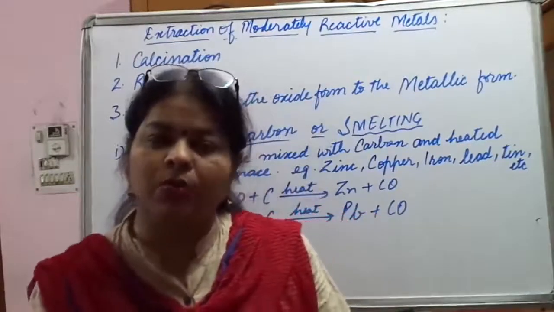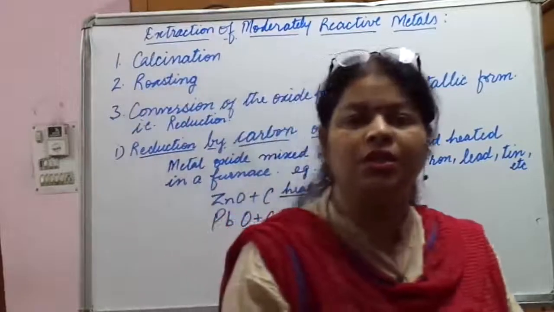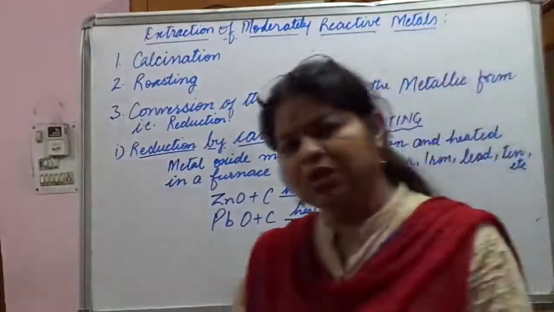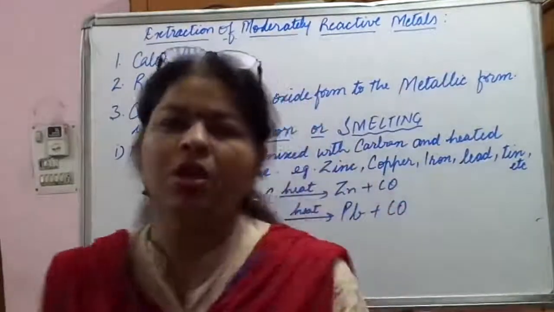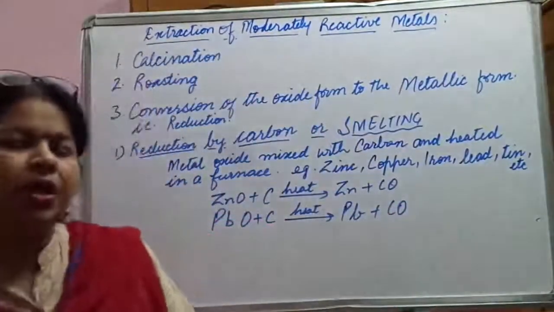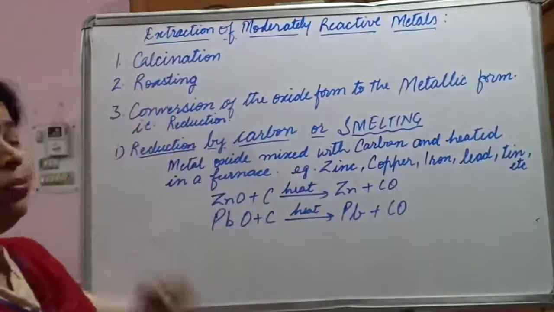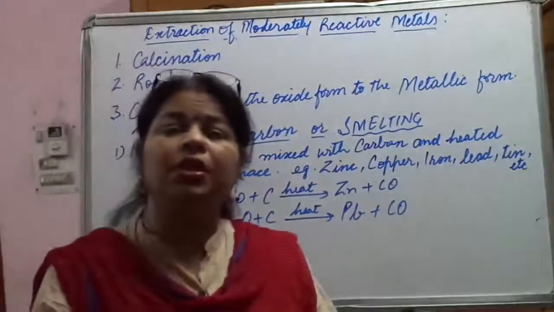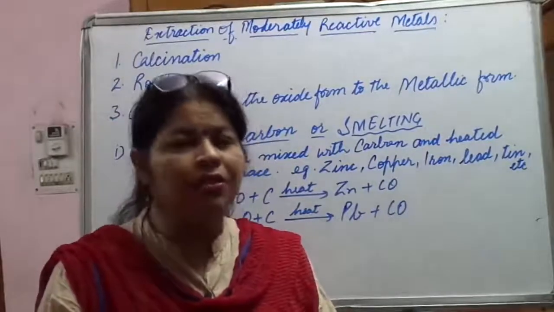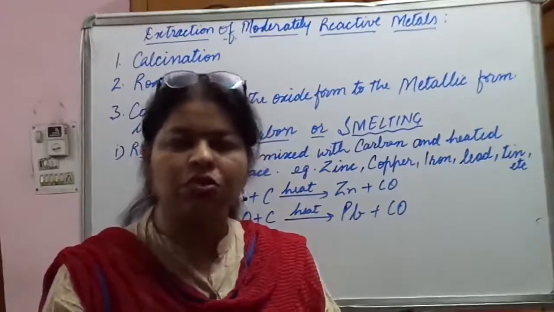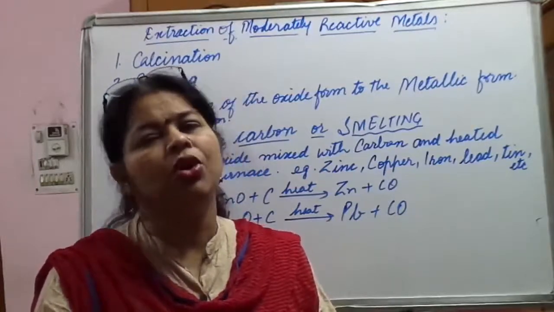Carbonate ores. When the carbonate ores are heated in the absence of oxygen and below their melting point, they are converted into metal oxide. Okay. In the same way, the second thing that we learned about was roasting. In roasting, we were treating the sulfide ores, and sulfide ores were heated in abundance of oxygen so that they can also be converted into oxides.